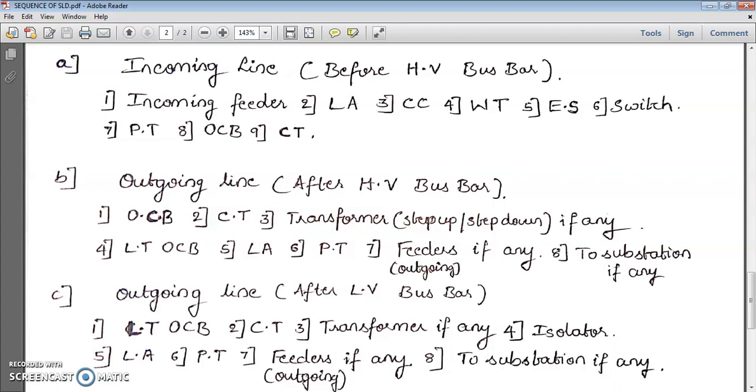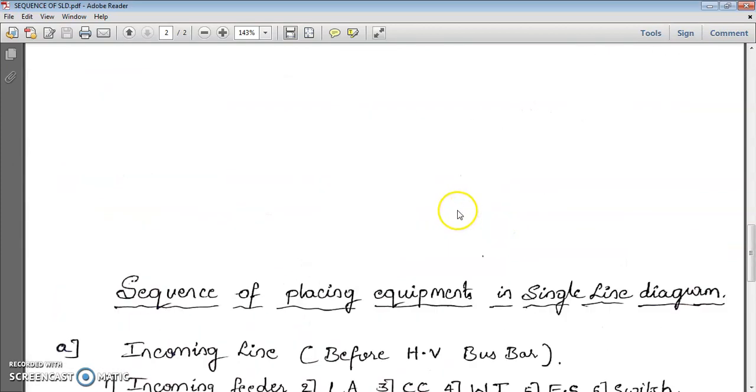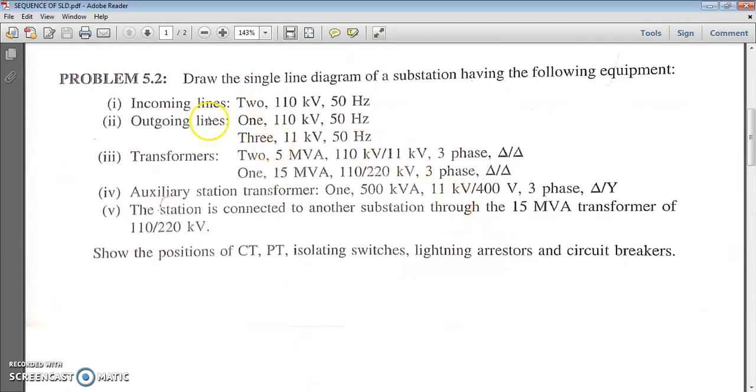Next, transformer step up or step down, if any, I have written. So it is not that we always have to add a transformer, step up or step down. It all depends on the problem, if any have written. So let us read the problem once again. You can see outgoing lines. How many are there? There is one 110 kV. So there will not be any transformer here, because whatever the incoming line is, the same thing will be the outgoing line.